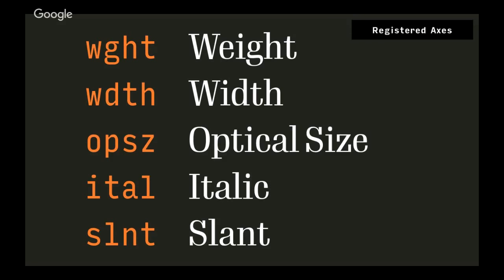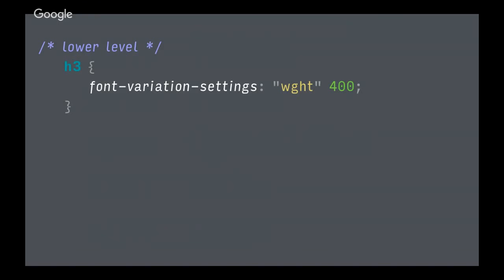Yeah. So for example, with weight, I don't want to draw a super thin version and a super black version of every one of my typefaces. Maybe that doesn't make sense for that design. But those numbers are anchored so that I can use them to guide myself, and that way people know what to expect when they type in a number. So yeah, these are the registered axes, and you can access these axes through the font-variation-settings property,